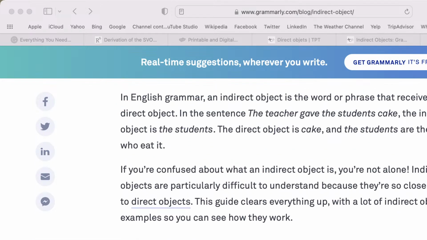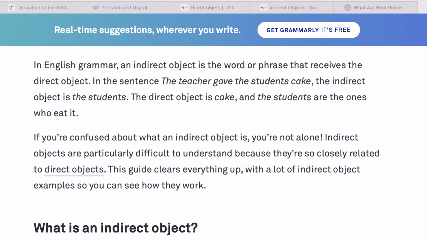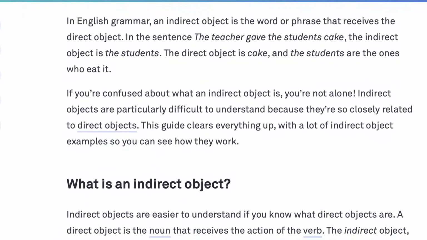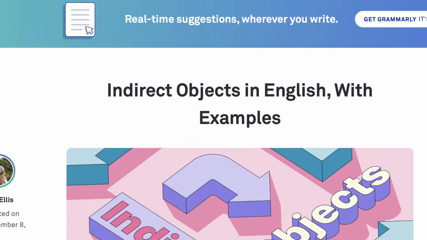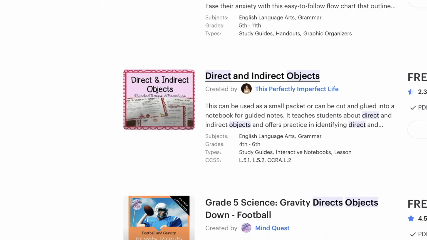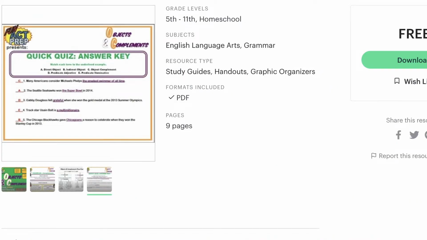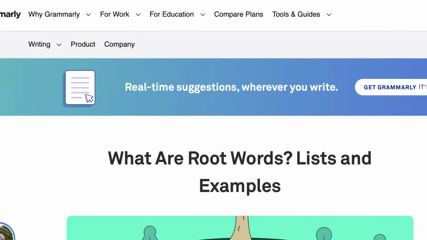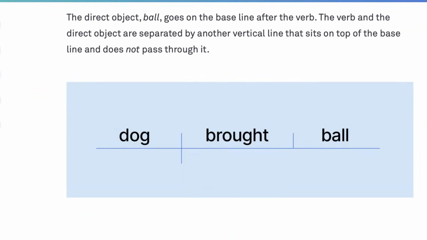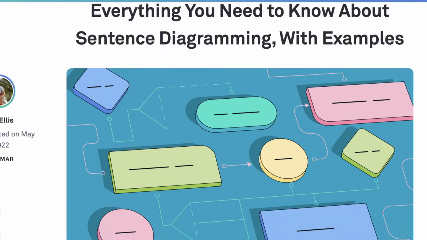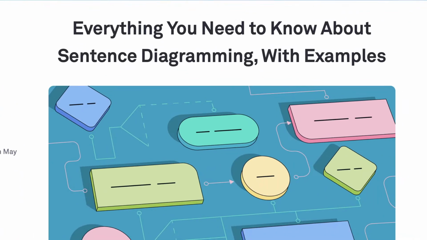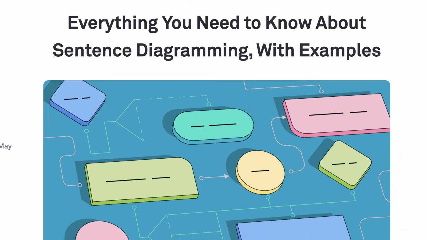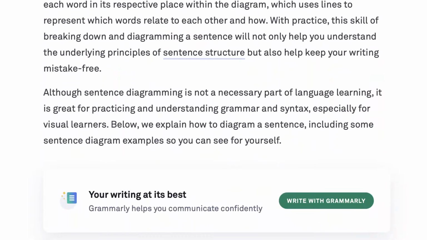So this gives you a little bit of an idea of diagramming sentences. Oh, no. These are objects, I see. That's not what I wanted. Look at all the stuff I look up. This is all in my downtime. Okay. Let's move this over just a little bit. And so here,